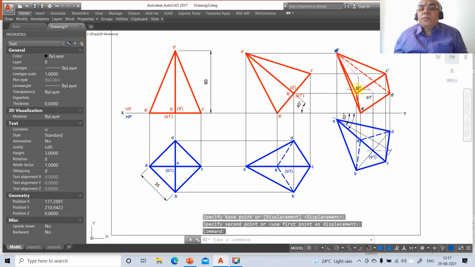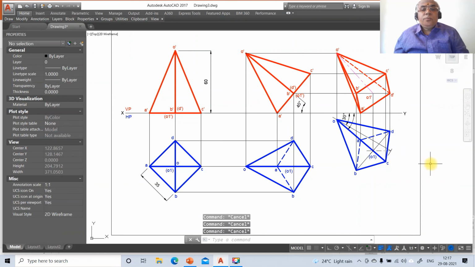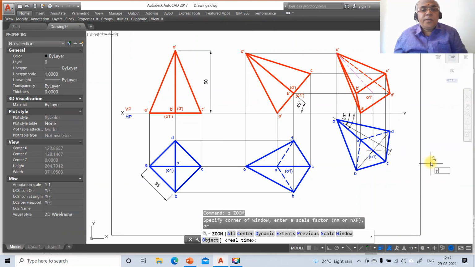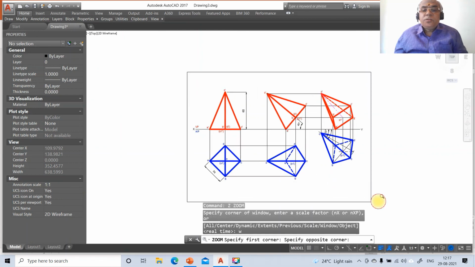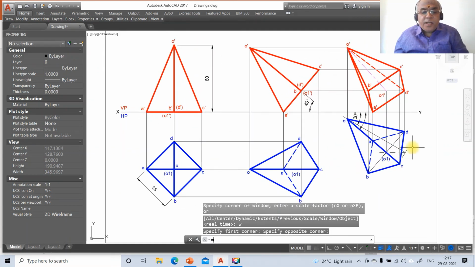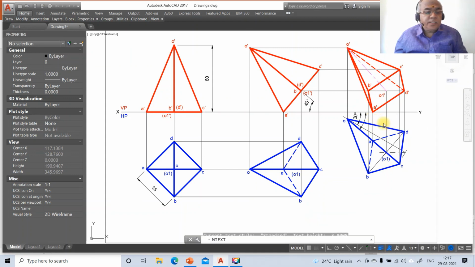So you just click on this, click on this, click on this, A dash, D dash, and C dash, and go to layer, make that layer as front view. So this is how you will be able to create this drawing by using AutoCAD software. So this will be the final solution, and of course you just go to mtext, you select this,